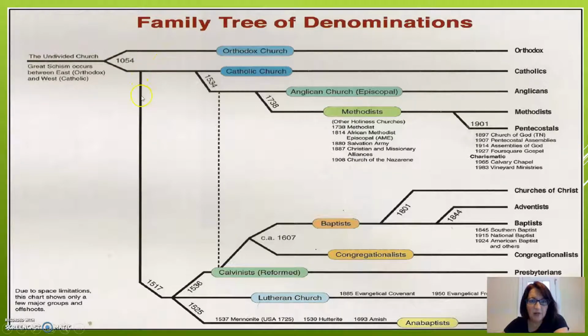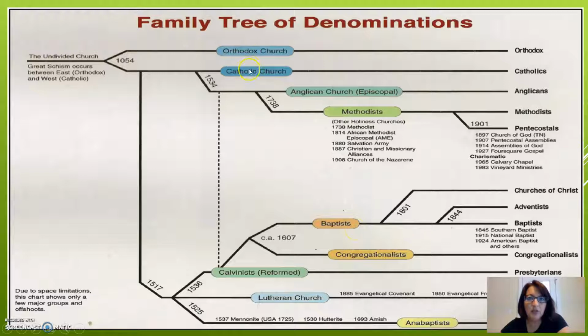And then you see we talked about the Reformation last time, and here is where we get the Lutheran Church, we get the Reformed Church with the Calvinists, and then we get those radical reformers, the Anabaptists, shooting off from this Reformation. As you go on, you see that the Baptists and other Congregationalists came out of that Reformed branch. Remember the Calvinist groups, the Marian exiles who came as Puritans to America, so you get those branches down there.